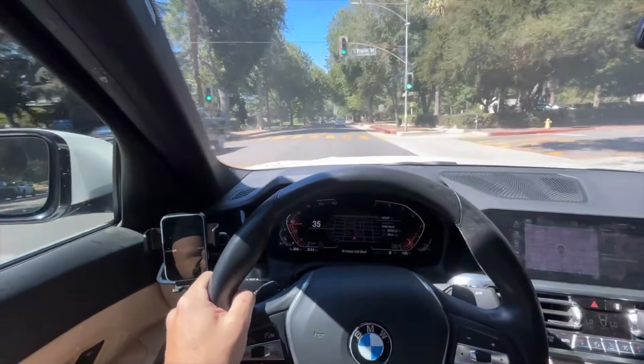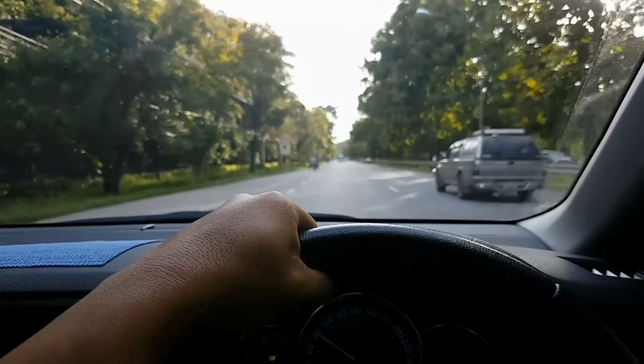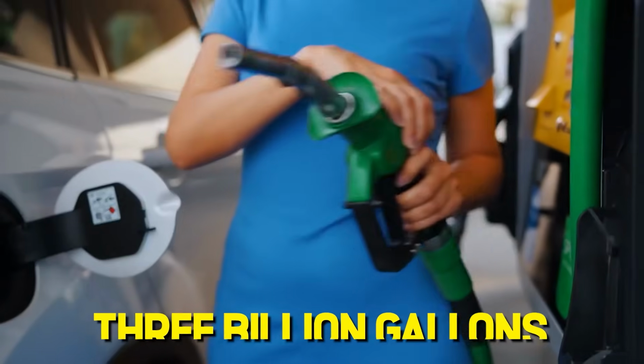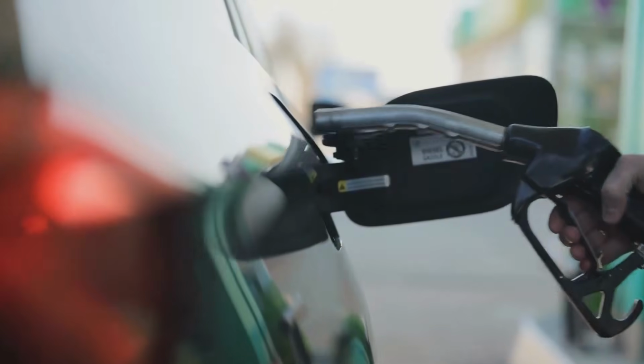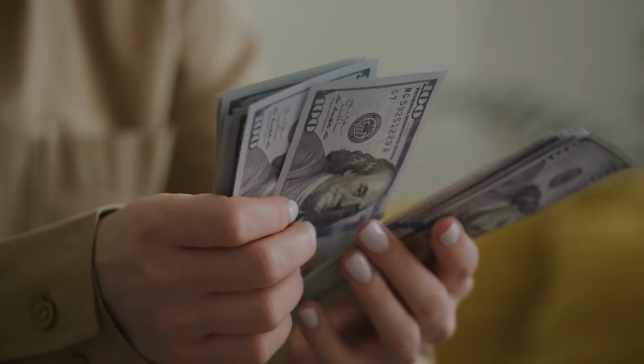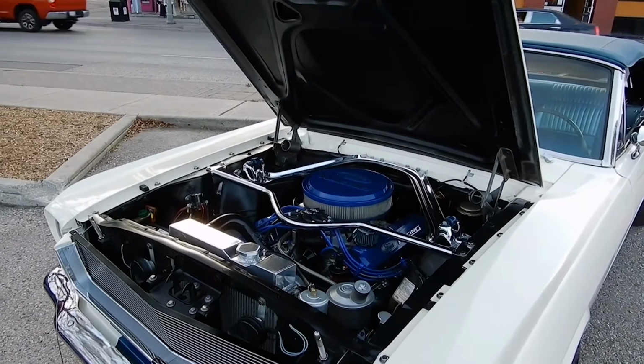after about 30 seconds. The Department of Energy estimates that American drivers collectively waste approximately 3 billion gallons of fuel per year through unnecessary idling. 3 billion gallons. At current prices, that is north of $10 billion evaporating into the atmosphere every year for no